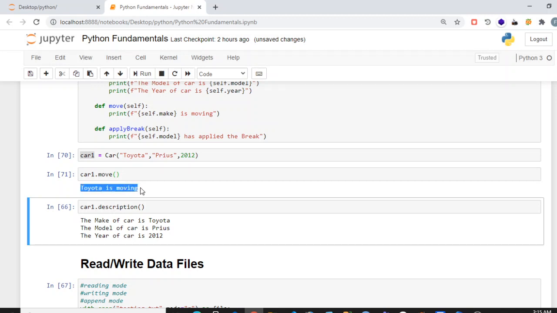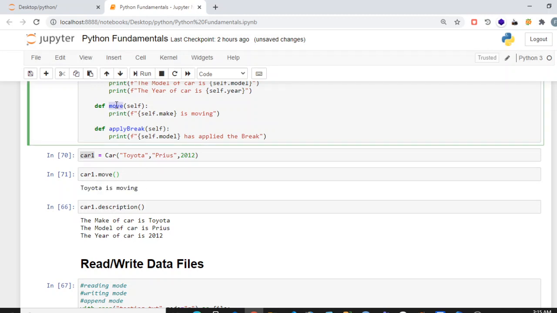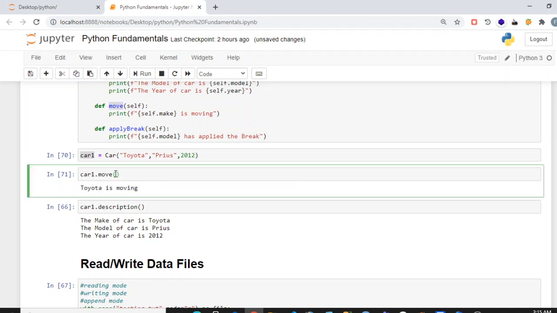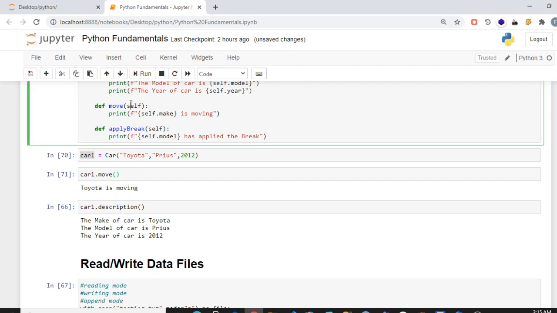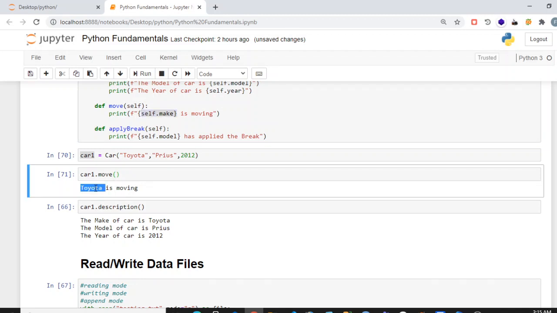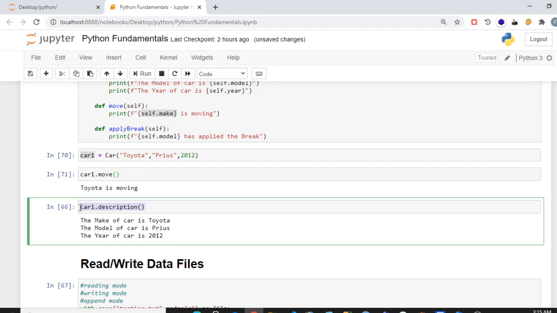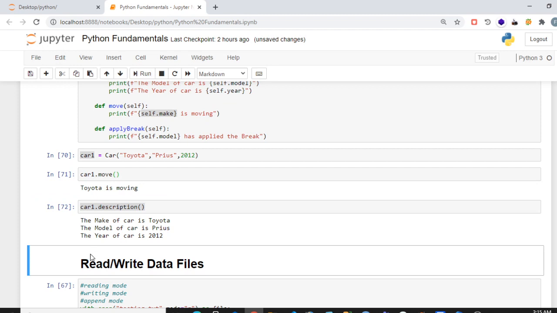Now you can see the function move is called. You don't have to pass any argument because self is managed by Python. And here self dot make, which is Toyota, is moving, is printed. Similarly, we can call another function using objects.